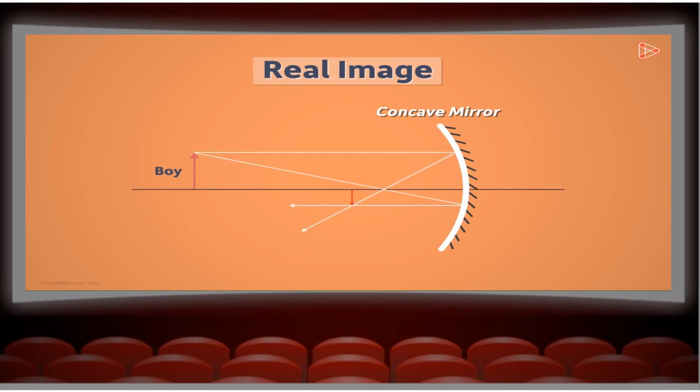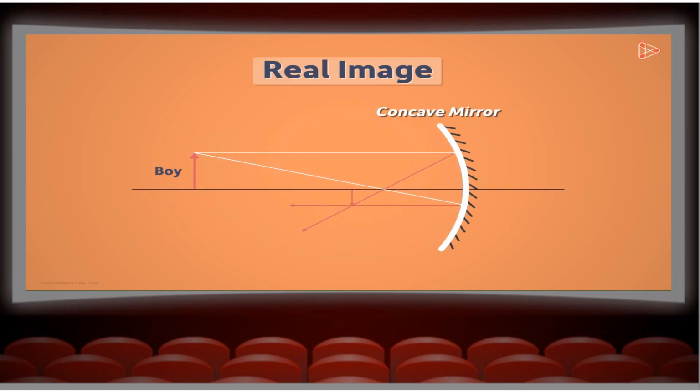One important thing we need to know is that real images formed by concave mirrors are always inverted. We will learn more about this in the future videos. You see that in this case, the image is formed on the same side of the mirror as the object is. Real images are always formed on the same side as that of the object,